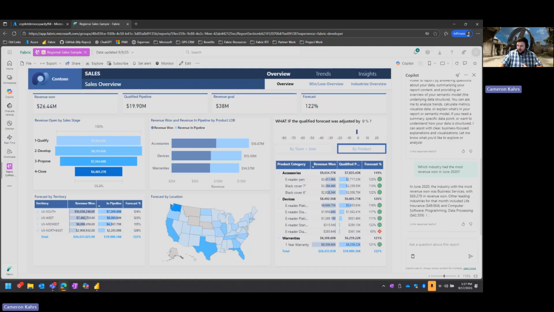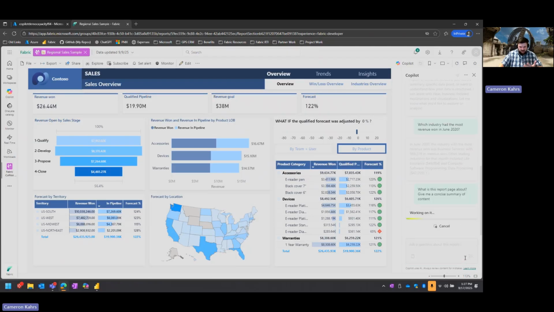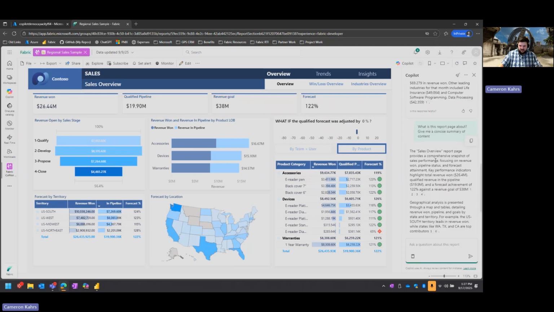So again, maybe I want to understand what this report is. Maybe someone sent this to me and they've asked me, hey, can you look at this and tell me what you think? Maybe I've never seen this report before. So I can ask questions to Copilot. What is this report page about? Give me a concise summary of the content, right? And so you can see here, it's saying, hey, this sales overview page is a comprehensive snapshot of sales performance,